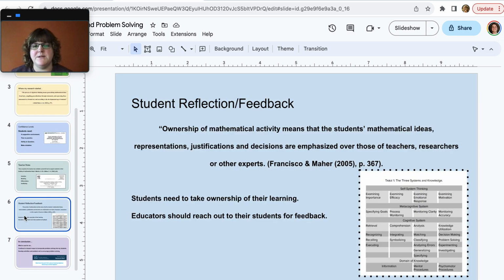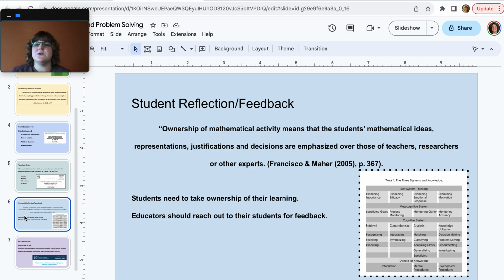The other piece for my students is student reflection and feedback. Students need to reflect on how they're doing in class. They need to have that ownership, and this quote I think just sums it up: Ownership of mathematical activity means that the students' mathematical ideas, representations, justifications, and decisions are valued over those of teachers,